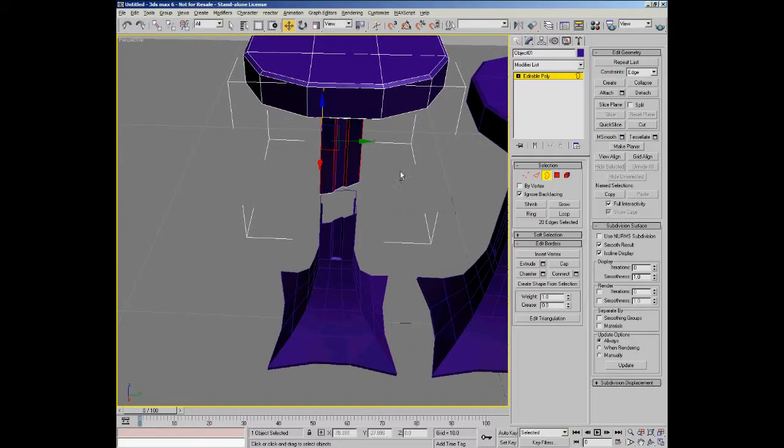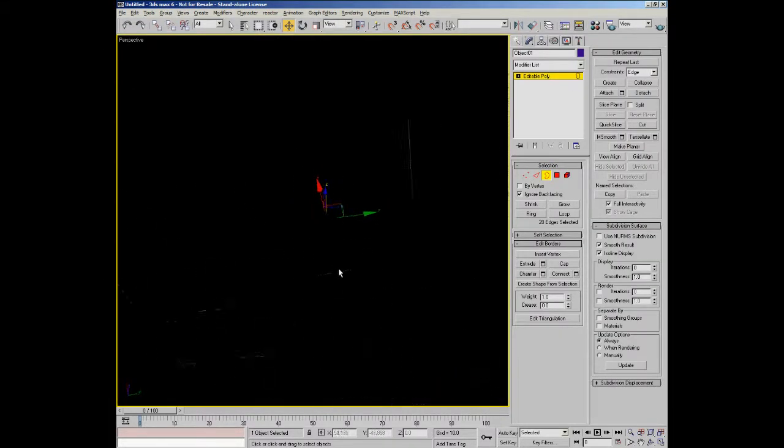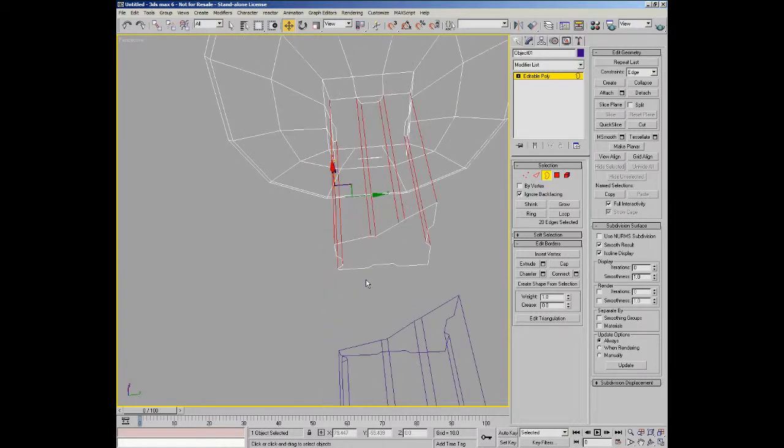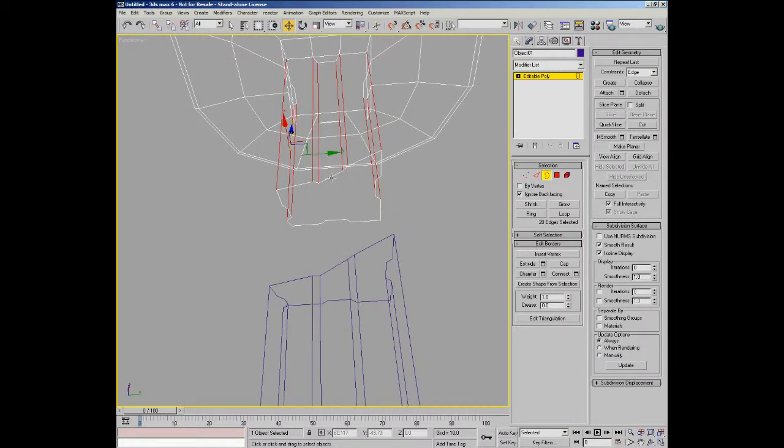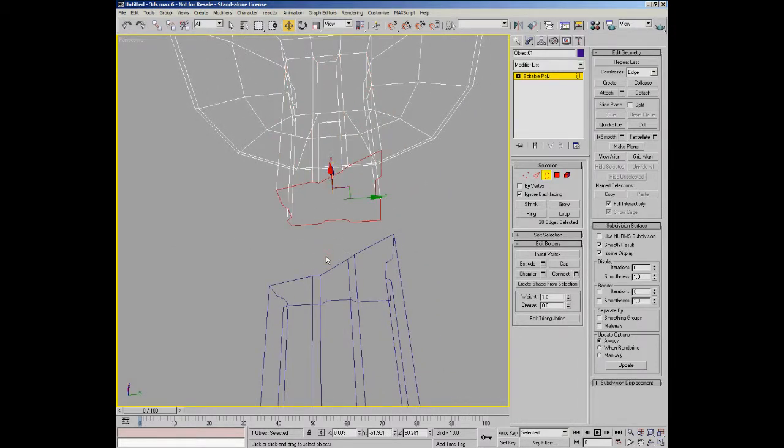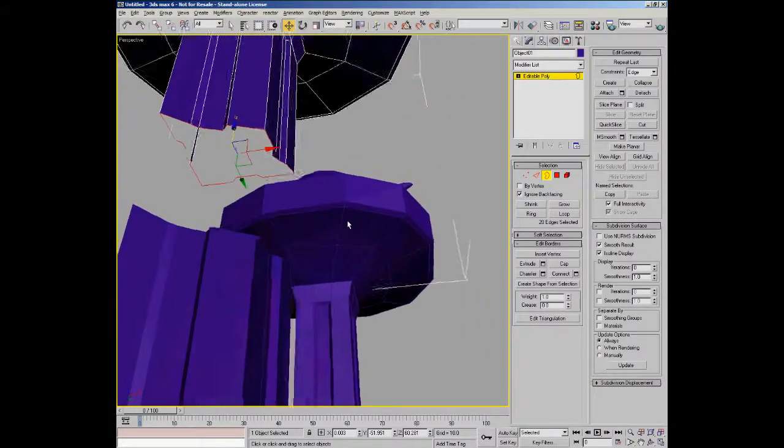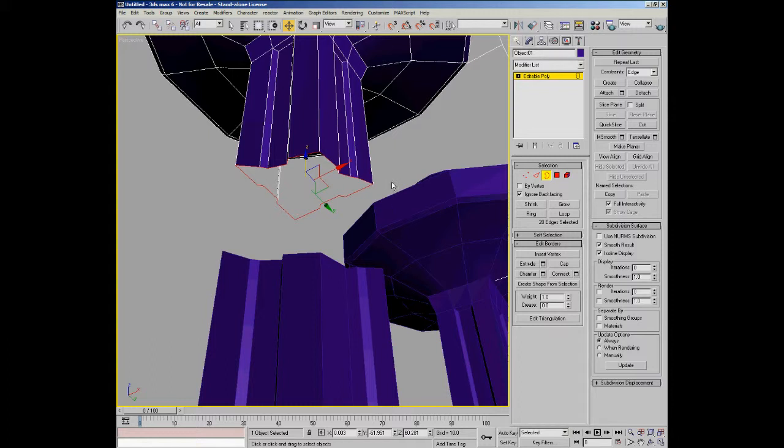I'm going to go into border selection mode. This is what I was telling you about border earlier. We'll select any of the edges, and that selects the entire border. So now you can actually see what border does. We've actually got a border there, and I'm going to use the cap tool to fill in that border, and that will actually give us a nice clean end to the end of our